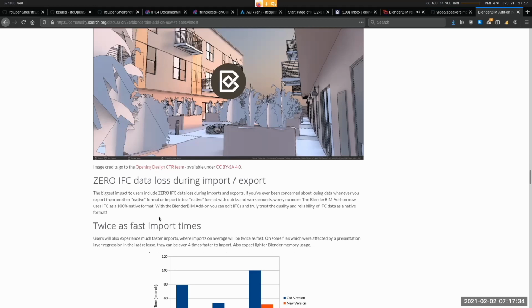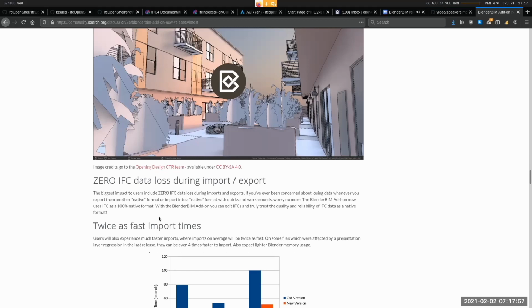So over time, BlenderBIM has had more and more support for the spec, but it never had 100%, and zero applications out there have 100% support for the spec. That's just a fact. And so everybody has data loss. BlenderBIM tends to have less data loss due to the amount of support it has, and also the fact that